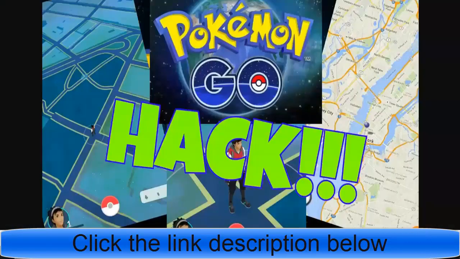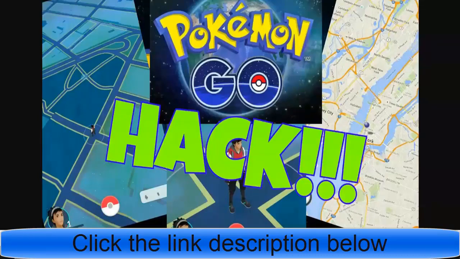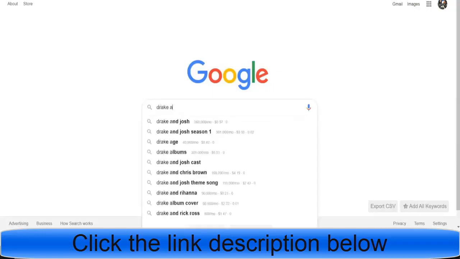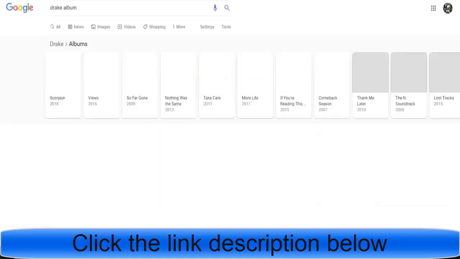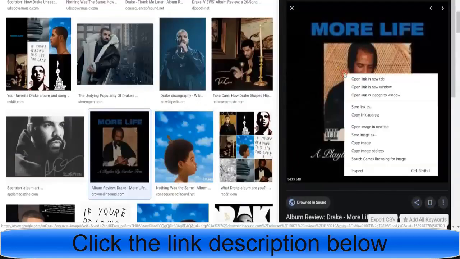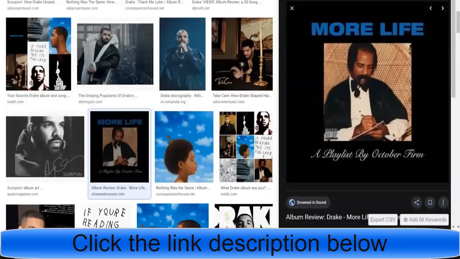So let's say we want this to be, let me go to Google. Wait, I can just do it from there. Go to Google, and let's say I want it to be, I don't know, a Drake album. I'm just gonna pick anything random. A lot of stuff is old, so it doesn't really matter. Just an example. Let's say this. All right, I can copy this. I will save it. All right, and then I would go here